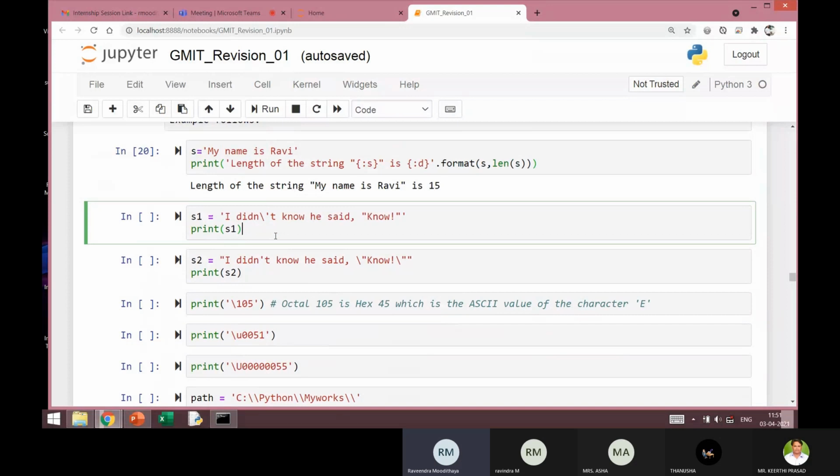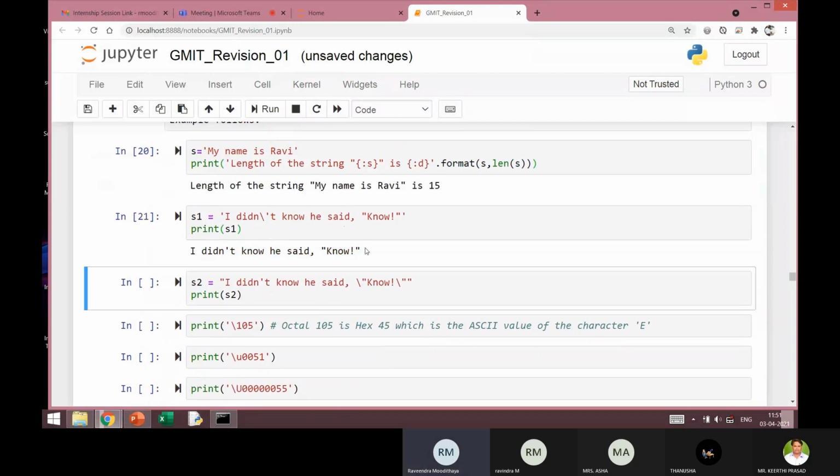I'll just make you observe the output in this case. So you can see that I have to use this single quote and double quote. Both of them have to be used as part of the string.